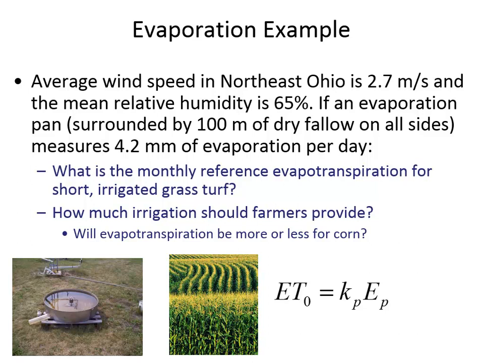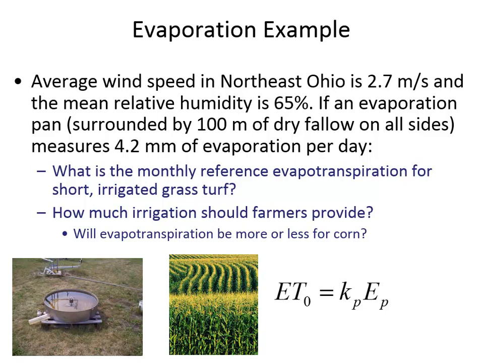What we're interested to know is what's the monthly reference evapotranspiration for short irrigated grass turf. All right, so the monthly evapotranspiration, and the reason why it's saying evapotranspiration for short irrigated grass turf is that they use that as a reference crop. They compare different crops to each other,